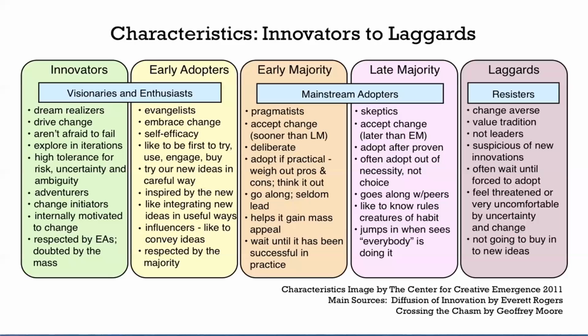Followed by early adopters comes the early majority. They are ready to accept the change, but once the early adopters have given their reviews or opinion about a particular product, then they follow the change, and they accept change earlier than the late majority. They adopt things after weighing the pros and cons of various products, looking for the benefits, the advantages, and the disadvantages, and after critical thinking, they will go for the particular product.